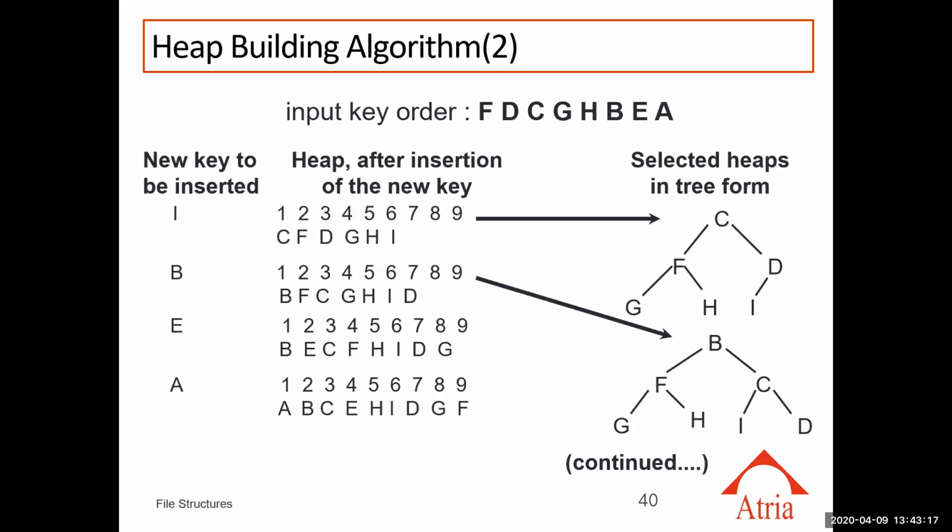And then last is a. a is the last element, which is the smallest among all of these. That means we have to change the root node to a. So for that, again, a will be placed in the first place. Earlier b was in that place; that will be shifted to the second place. In the second place we had e; e will be shifted to the fourth place. In the fourth place we had f; f will be shifted to the ninth location.